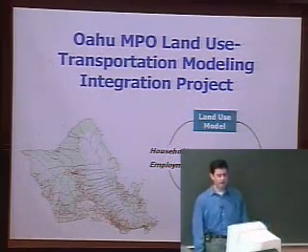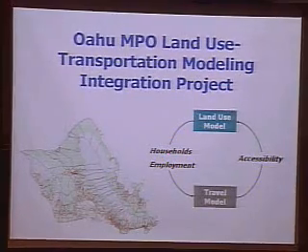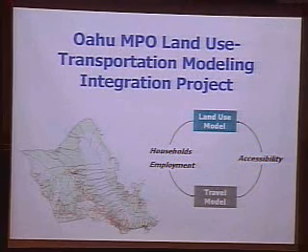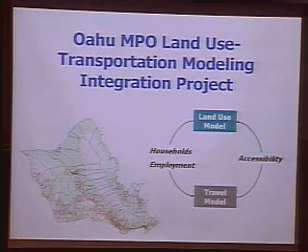So now the Oahu MPO Land Use Transportation Modeling Project is basically this. You see the nice island there. All those little green things are actually grid cells. There are almost 52,000 of those, and they're 150 meters squared. And the brown lines, I added them for contour. Those are actually transportation analysis zones, TAZs.